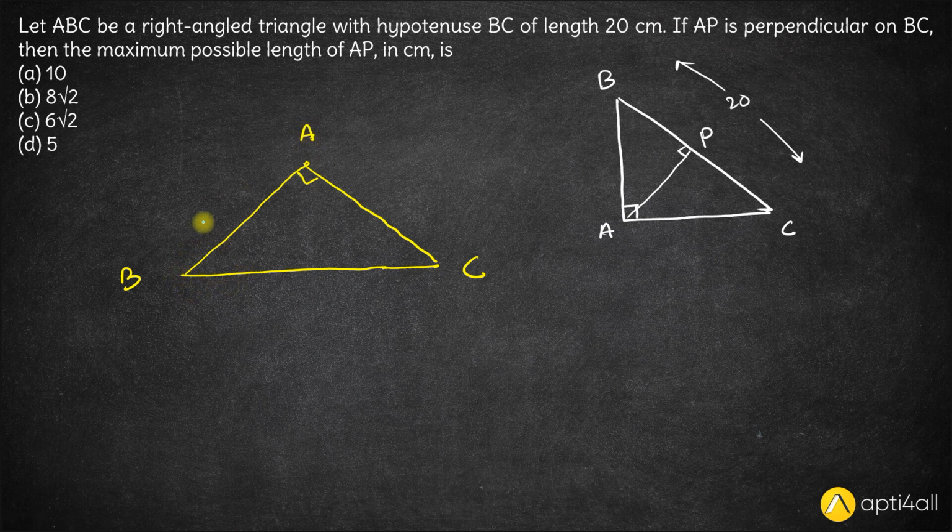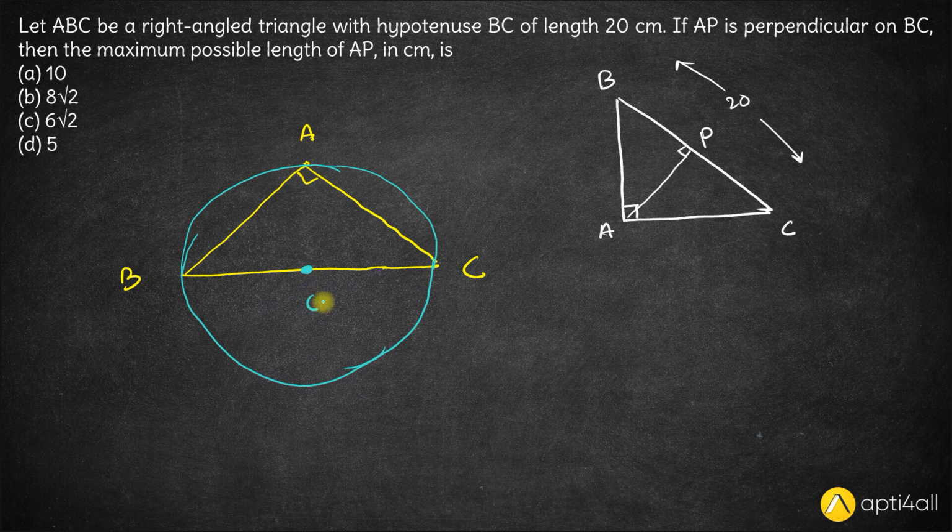Let's draw a circle with BC as the diameter. So we know if BC is diameter, it makes an angle of 90 degree anywhere on the circle. So basically BC is making an angle of 90 degree over here. So this circle with BC as diameter will pass through A for sure, because this angle is 90 degree and